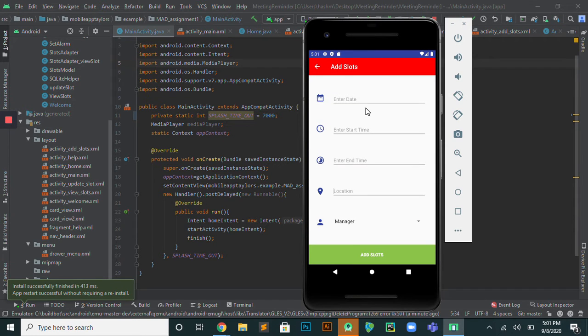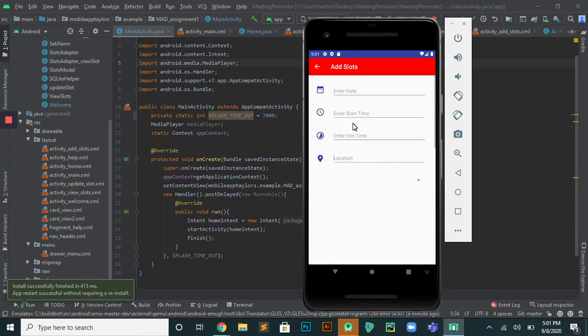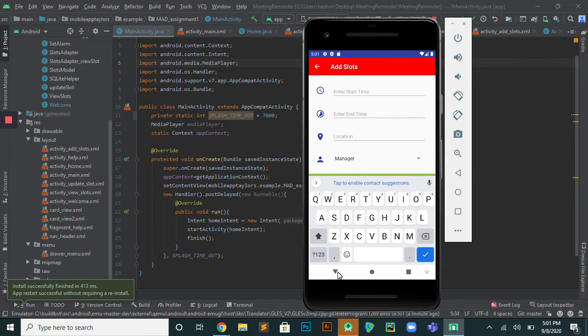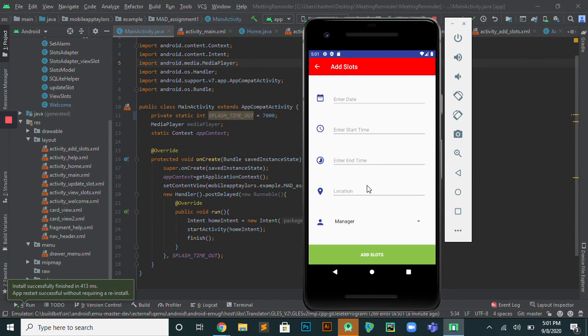you can simply add slots here, like the date of the meeting, the start and end time of the meeting, the location of the meeting, and in this drop down menu you can select whether you have a meeting with manager, team, or employees. So, adding a slot,